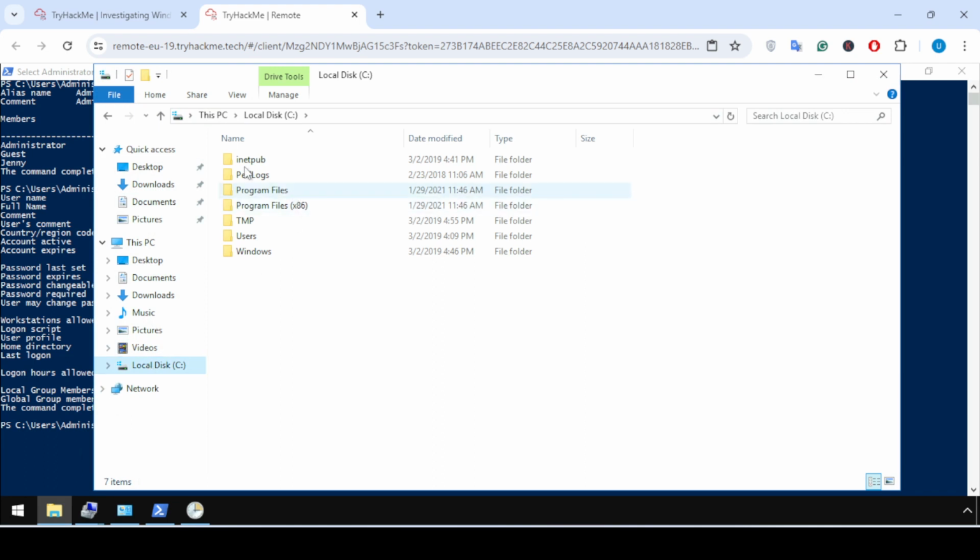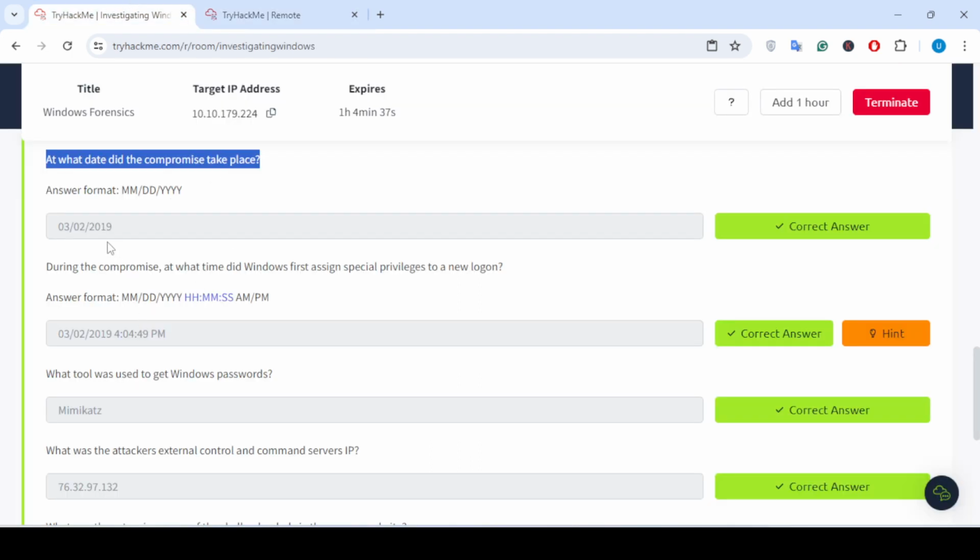You can see these are folders which are normally present on every system, but the first folder is different, and it was created by the adversary. You can see its date is 3/2/2019. So the answer to this question, when did the compromise take place, is 3/2/2019.